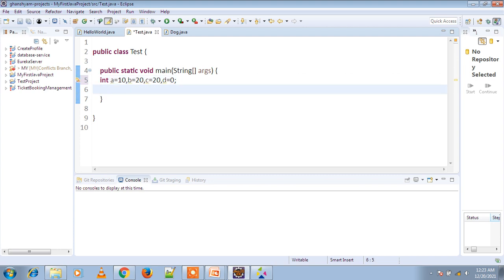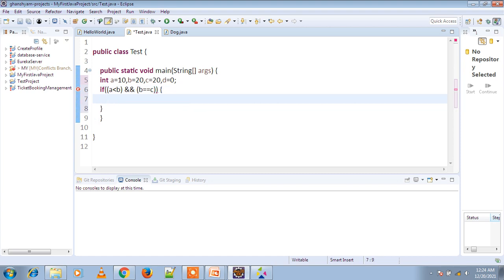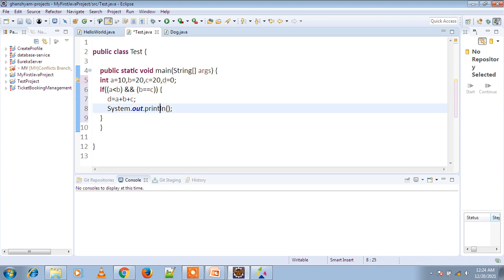Now we are checking one condition: if a less than b and b equal to c, then it prints the sum, d equal to a plus b plus c, and prints the value of d.